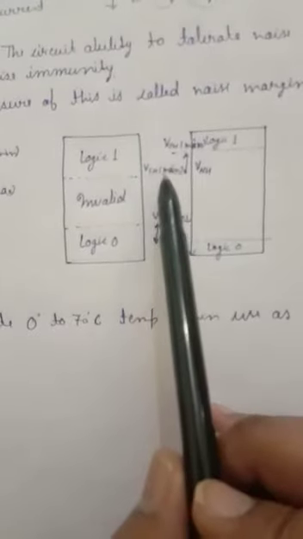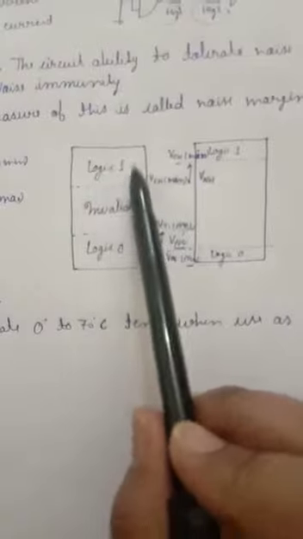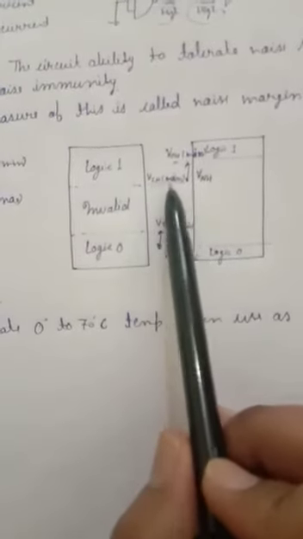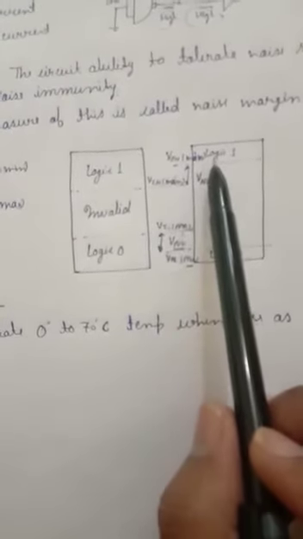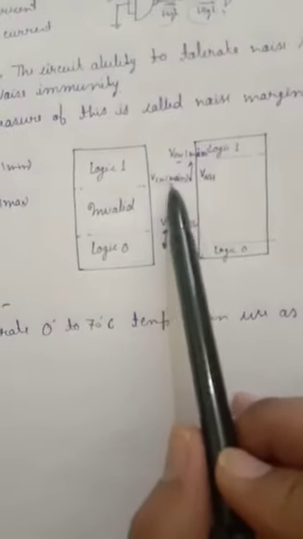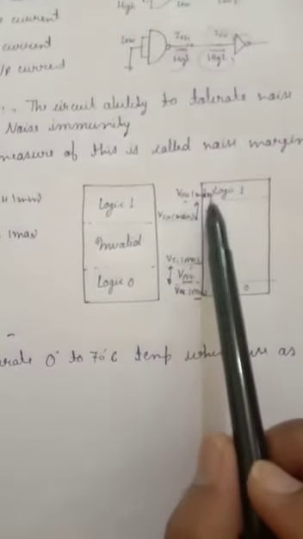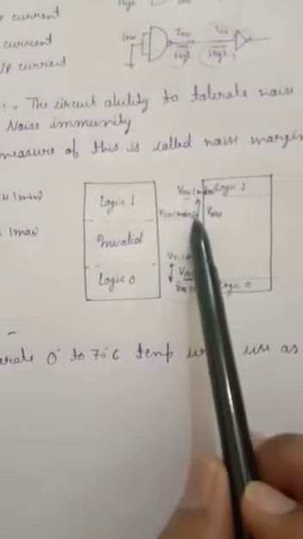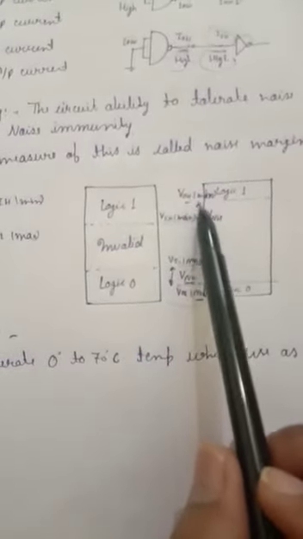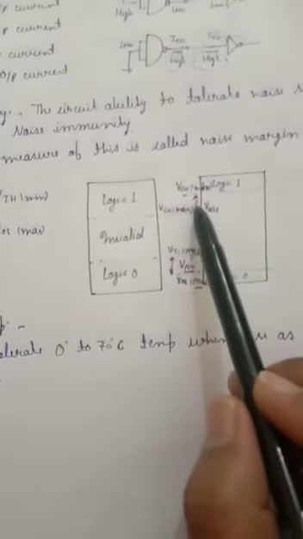The same principle applies here. If we give the higher voltage at logic 1, at the minimum, and get the higher voltage at the maximum, it means there is noise between the input and output. This is called the noise margin. What could be the noise margin that any circuit can tolerate?